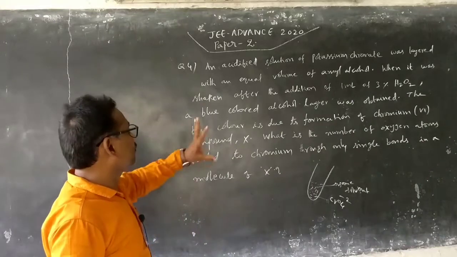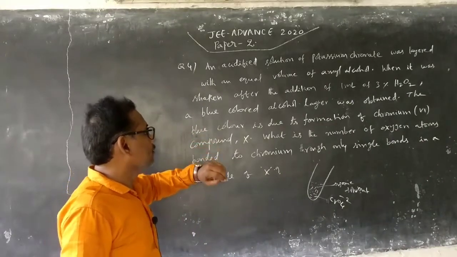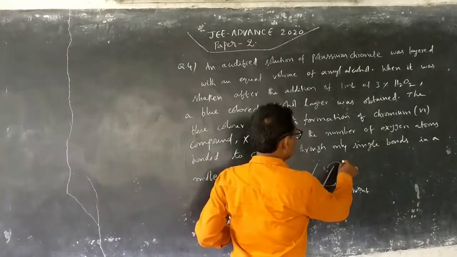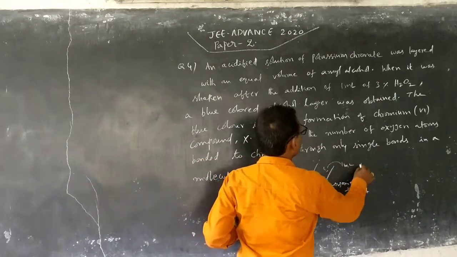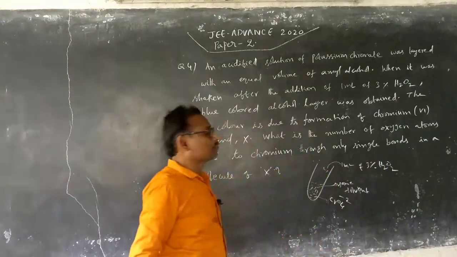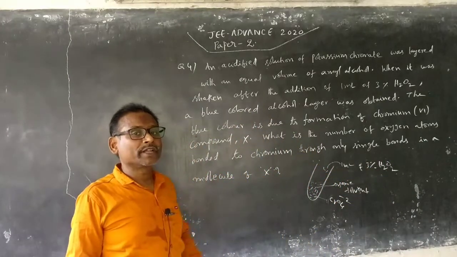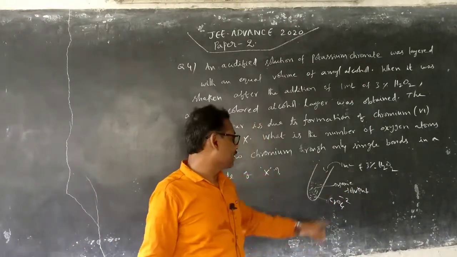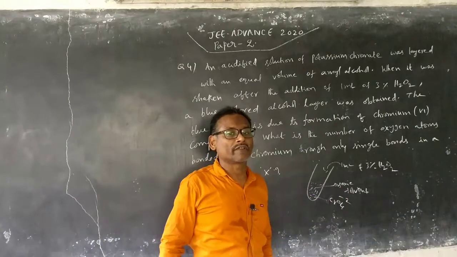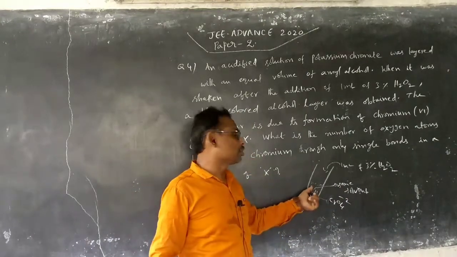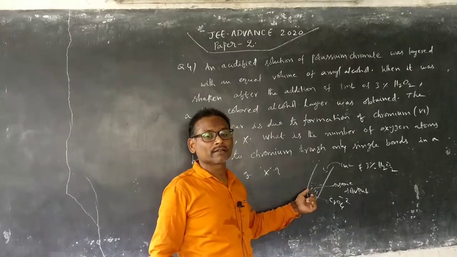Then they added just a very little, 1 ml of 3% H2O2. So we are expecting the reaction here is actually between chromate and H2O2, and the medium suggested is an organic solvent. Then it is noted that there is an appearance of a blue color in the organic layer.